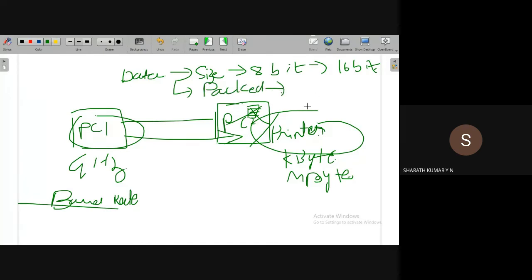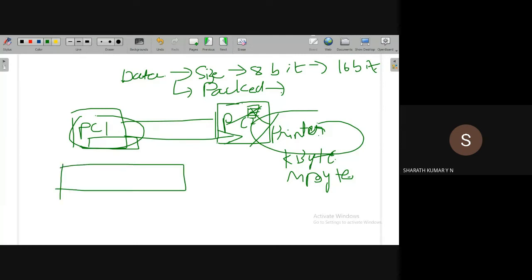What is the meaning of packed? For example, let us say this data is sending in like this. Let us say PC1 is sending data through a shift register. In this shift register, this end is the LSB and this end is the MSB.